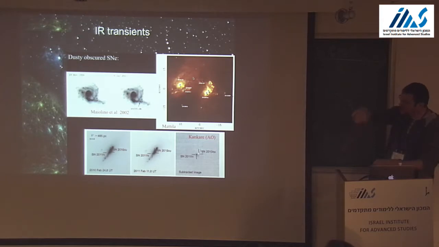It's true that the emission from a typical supernova peaks in the optical, but the tail at 1 or 2 micron is maybe 10% of the optical or something like that, and you still are able to detect it in these nearby galaxies. They are more penetrative, yes. So for these particular events,